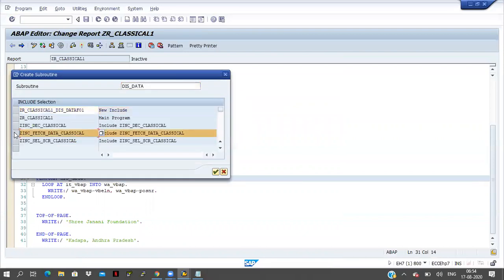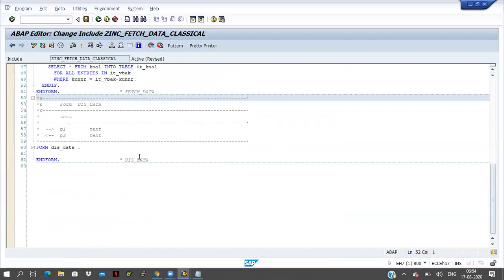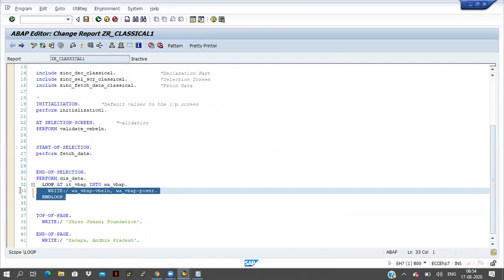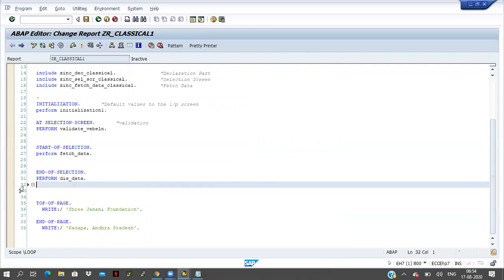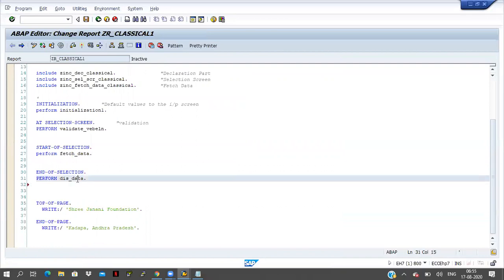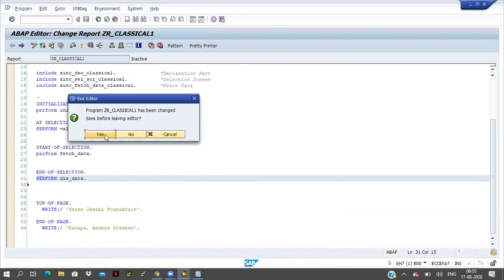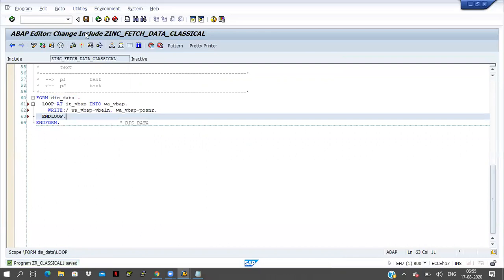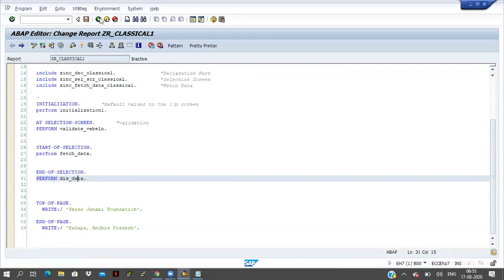Once again, fetch data, the fetch data include name I am selecting here. Click on the OK button. Click on the save button. Once again, click on back. So this is the fetch data, right? Just cut it, and once again double click on this one. Paste here. Okay, save it, click on the back button.